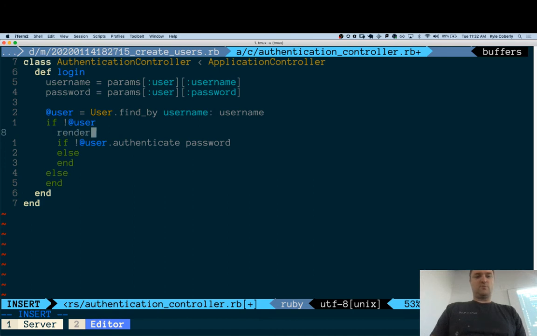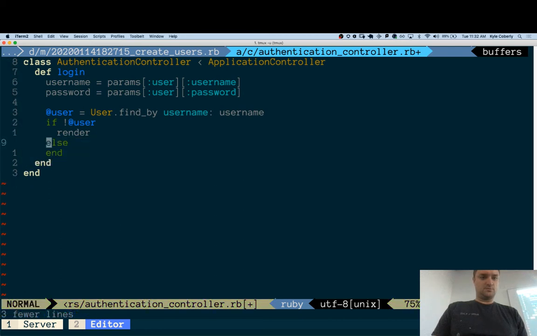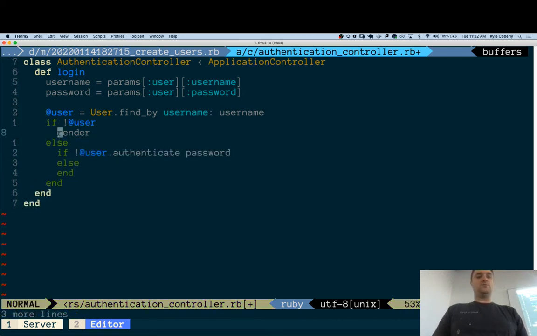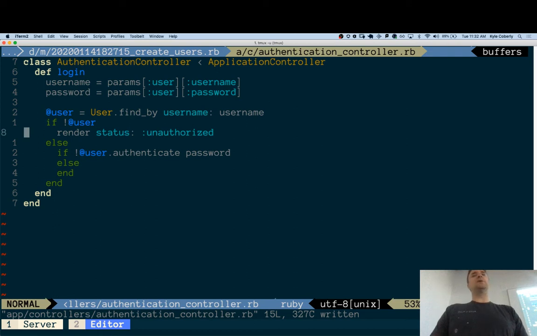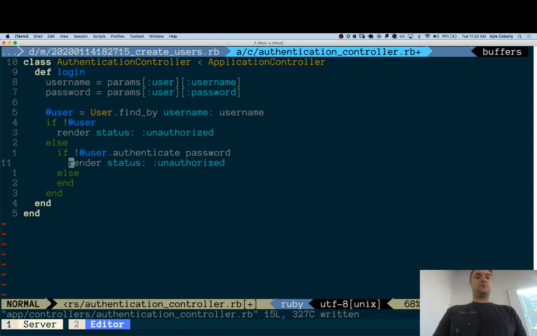So if there wasn't a user, I want to, oops, I did this wrong. If not user, then I want to render status unauthorized. Sometimes you'll also render just some JSON with an error object. But that'll send back a 401, beautiful. So if the password doesn't match, same thing, unauthorized. Otherwise, I want to grab the secret,